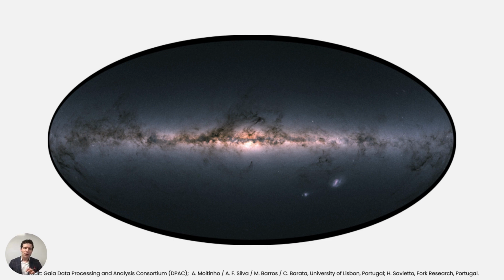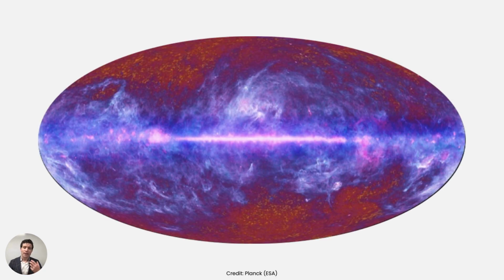If instead we switch to longer wavelengths of light, radio waves, this is emitted by colder objects. And in this particular instance, it's the dust and gas that lies between the stars. You can see how messy our galaxy is. Just off in those little gaps between the clouds of material, though, there are these little patchwork features. That is the afterglow of the Big Bang, the cosmic microwave background, long since cooled down to these incredibly cold temperatures that radio waves are emitted at.